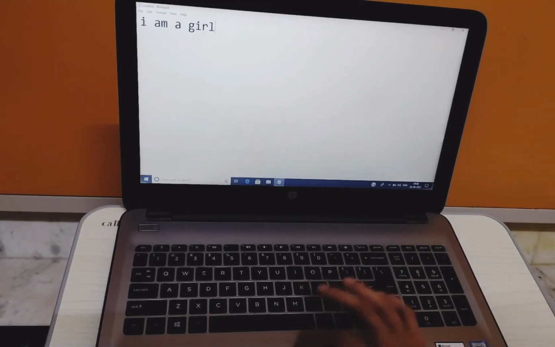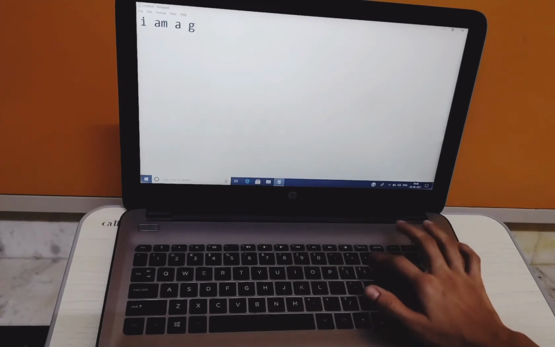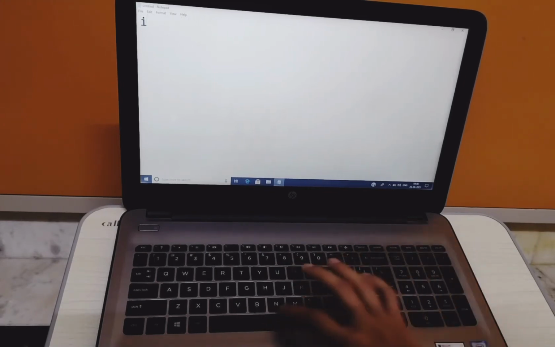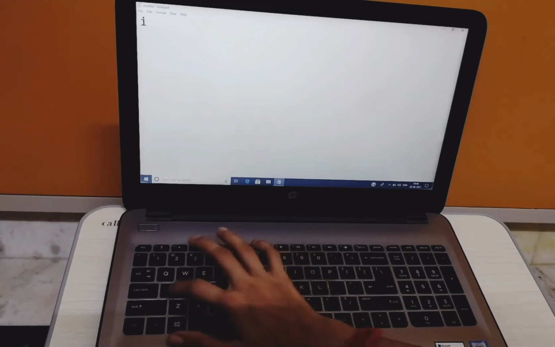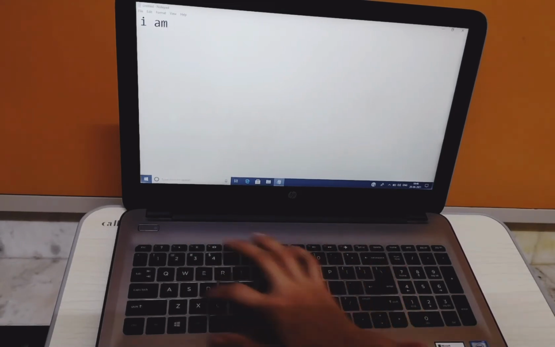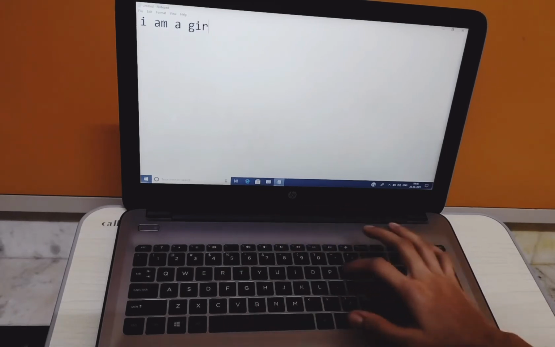Then you got to know what the use of this one is. We use this for creating space between words in a sentence. I space, am space, a space, then girl.